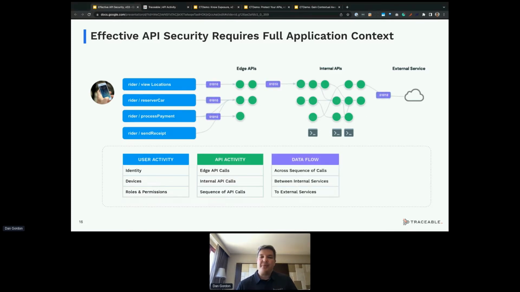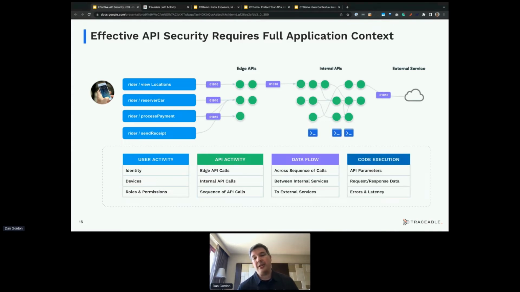But then also very important is the data, right? Now, data is not the only thing we're trying to protect, although it is one of the very important ones. The data flow. Where is the data flowing across the sequence, across your API calls? How is it getting changed? Where is it getting handed off internally? And when does it become external data when it gets pushed externally? And is it properly authenticated and authorized? Is it sensitive data we need to be more careful with? So all of the information around the data, so we can know when it gets exfiltrated, and we can understand how it's moving through our system.